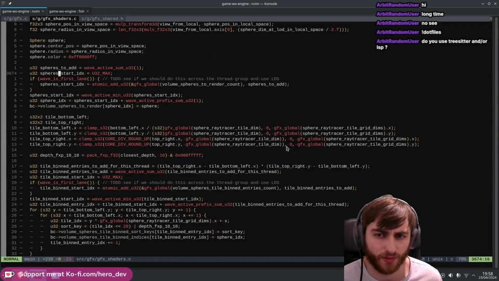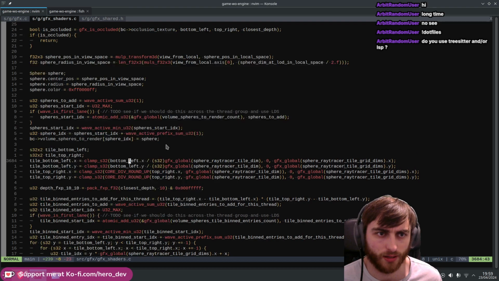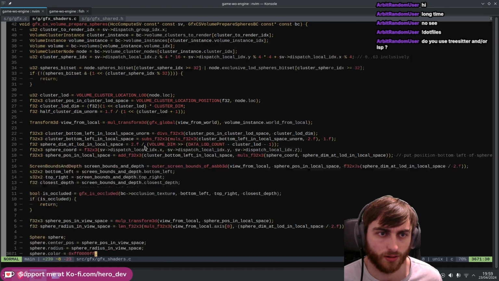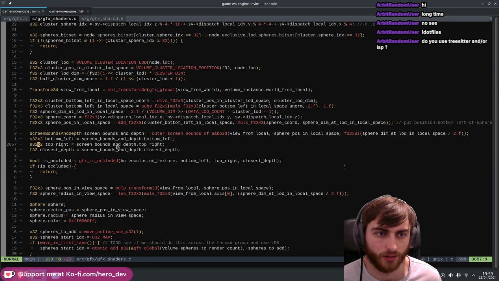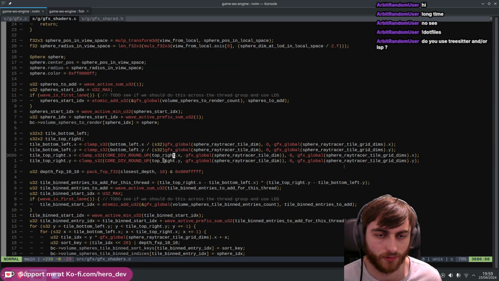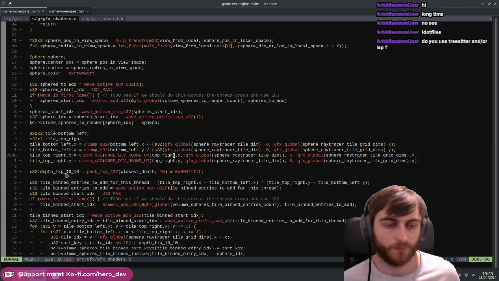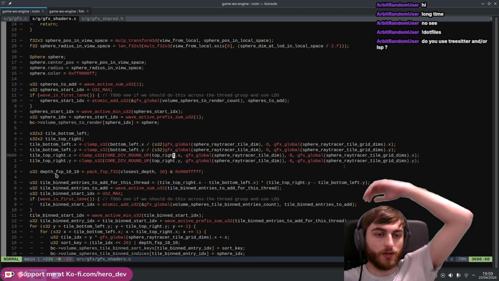Now I copied this from another place, so it should be fine. It just basically translates the bottom left and bottom right into a, what are they? Yeah, they're signed vectors. Signed 32-bit vectors. So bottom left, top right, it's going to take those and turn them into bottom left, top right tile coordinates from pixel coordinates. And then we simply